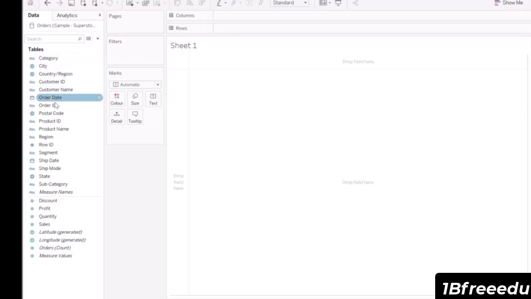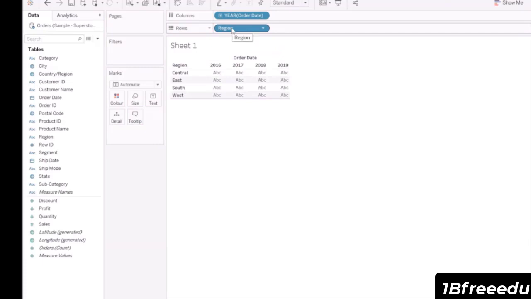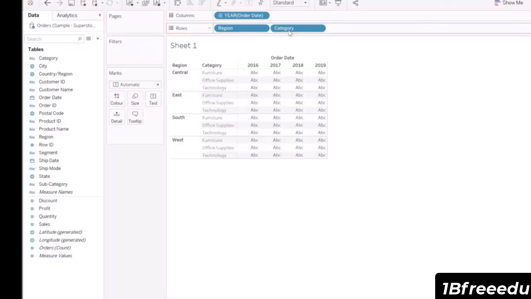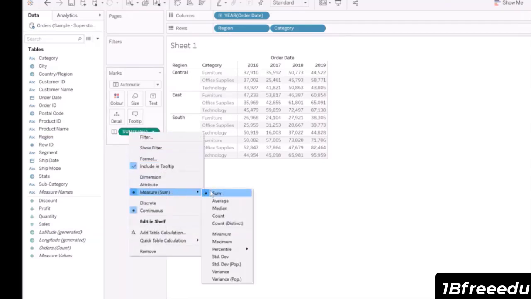Let's take order date and drop it into columns. Let's take region again and let's drop that into rows. At the same time, I want us to take category and drop that into rows as well. Let's double click cells, but this is where include becomes very useful. If you wanted the average cells, for example,